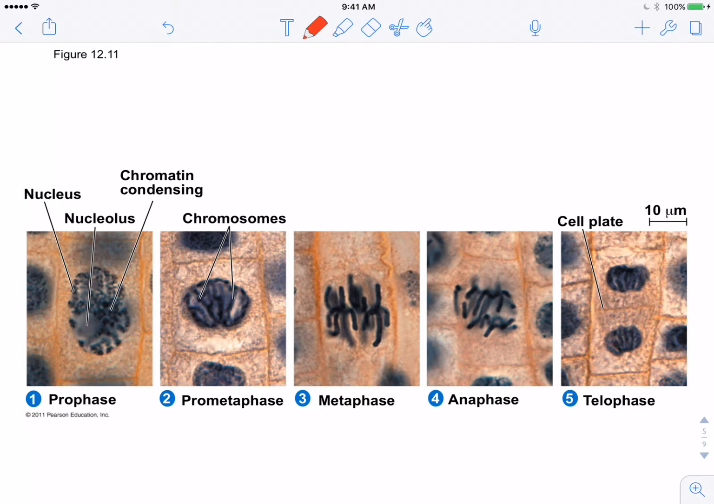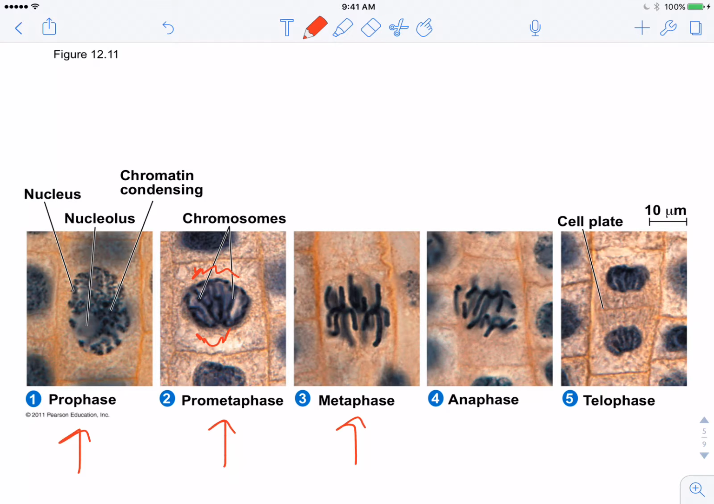Here's a look at, we looked at the stages of mitosis in animal cells, and here is a micrograph of the stages of mitosis in plant cells. So here we have prophase. You can see the chromosomes beginning to condense. In prometaphase, we have the mitotic spindle attached. You can sort of see the spindle a little bit right here and right here. The mitotic spindle attaches and begins to move the chromosomes around. Once the chromosomes are aligned